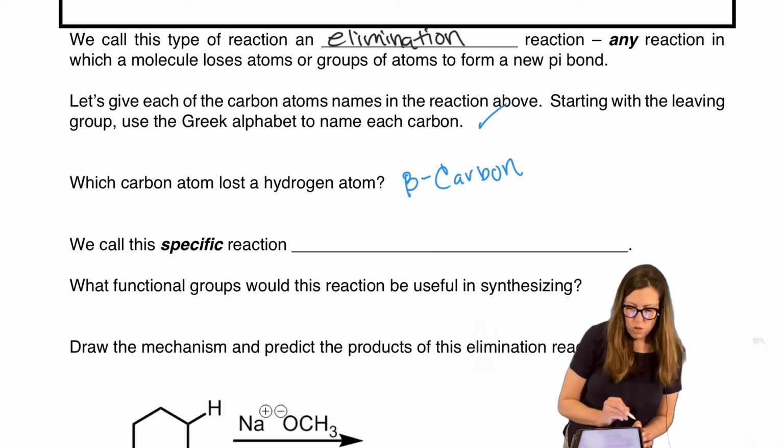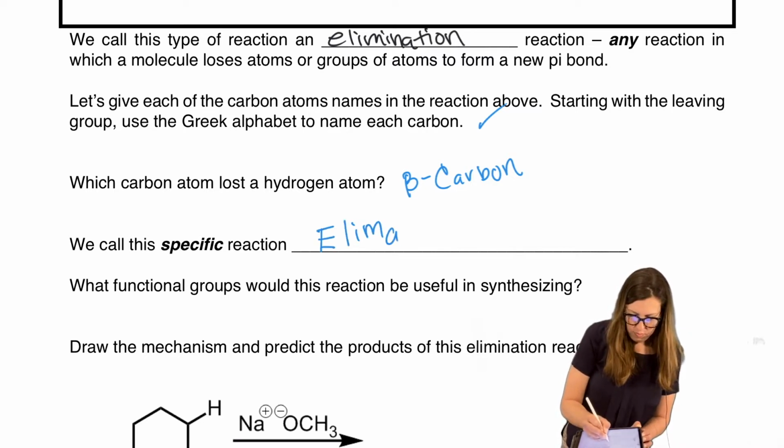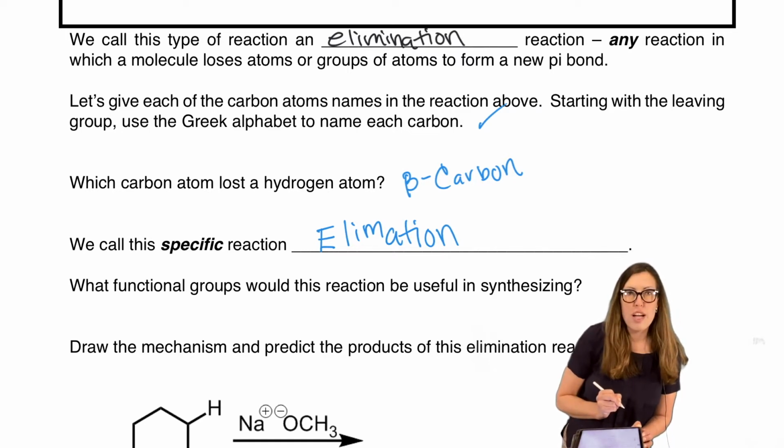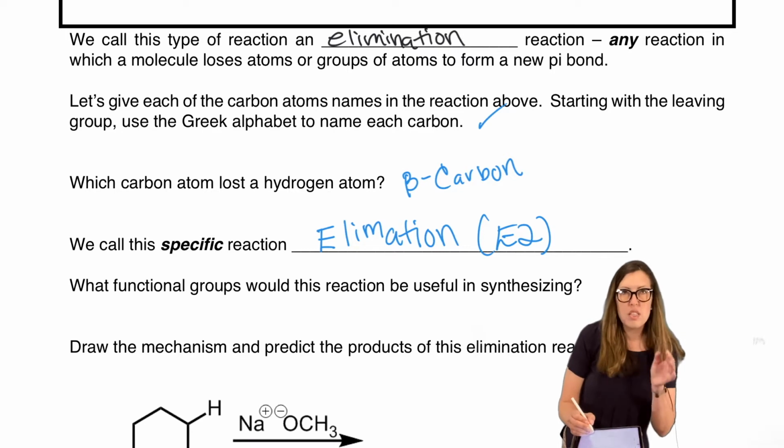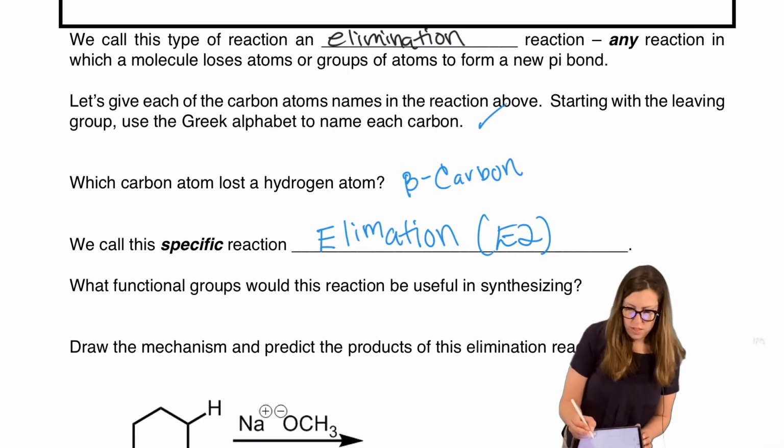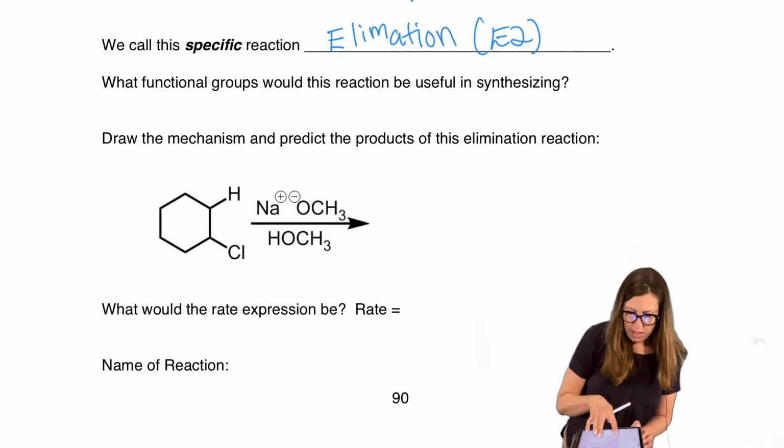So the one I just drew up there is elimination of the variety. Just like at substitution, there's different flavors and varieties. It's going to be E2 because I drew that all second order style, all those arrows in one step. Okay, so the full name I'll write again one more time down here. I have a space for that.